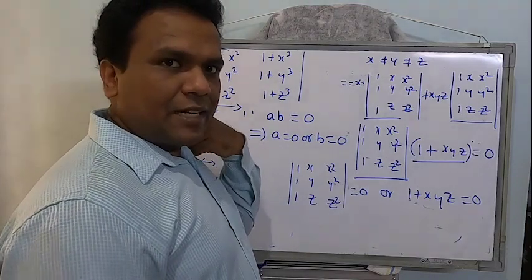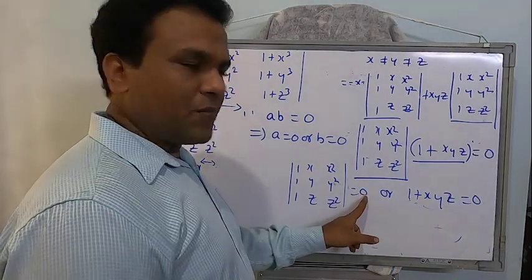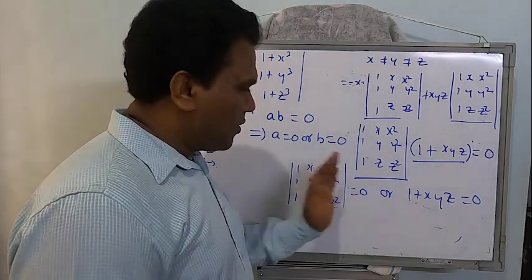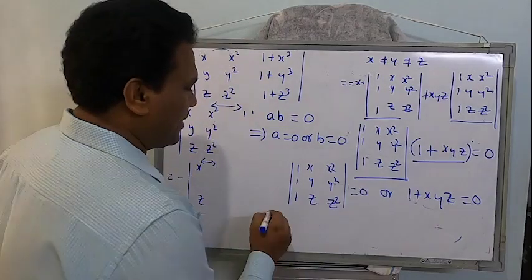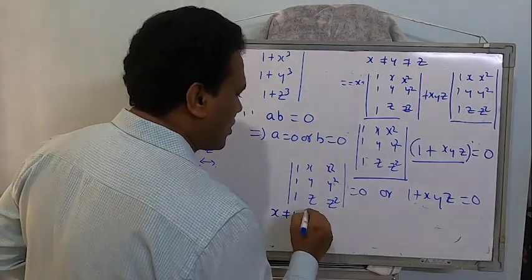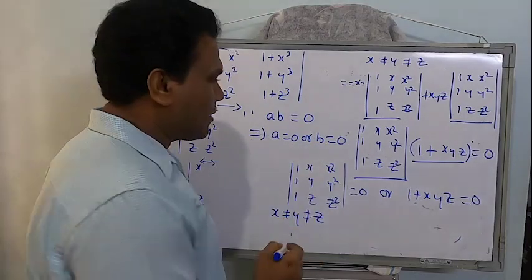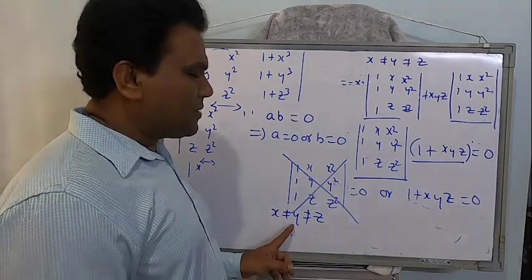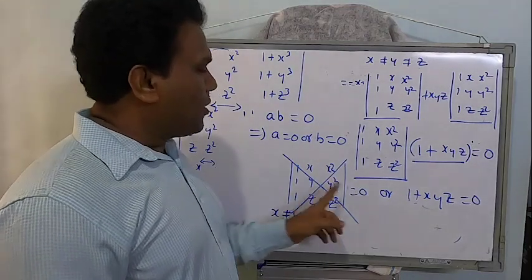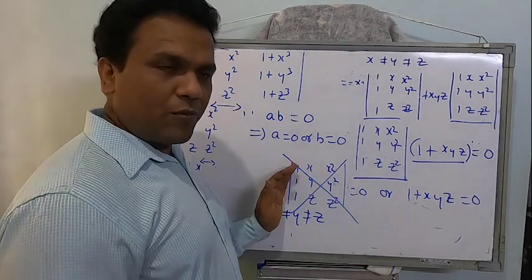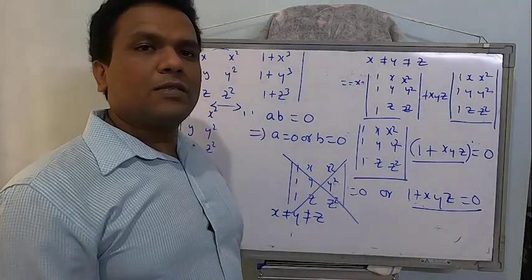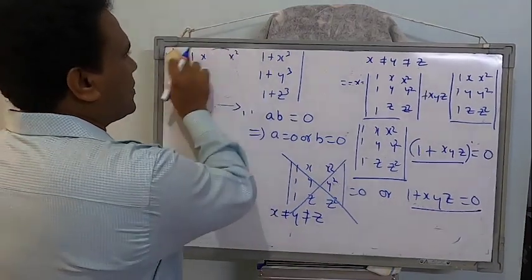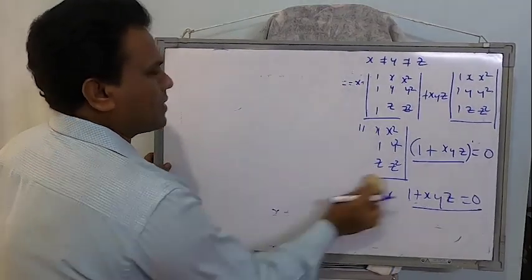But in the beginning they have given a statement. See, when can the value be equal to 0? If I suppose put x equal to 1, y equal to 1, z equal to 1, 2 columns will be identical, the value will become 0. But remember, they have given in the beginning x not equal to y, not equal to z. All the 3 are not equal. That means this is not at all possible. Unless they are equal, the value cannot be equal to 0. So this is ruled out for me. The only option left is 1 plus x, y, z should be equal to 0. So that's how it should be done, students. This has also been given a few times, so it's better to remember.